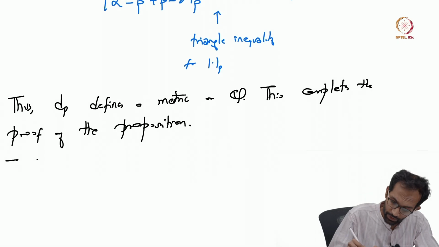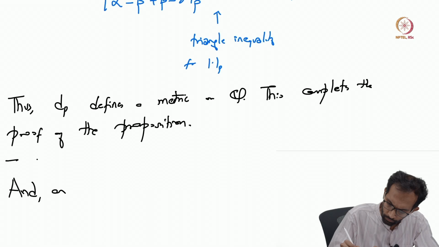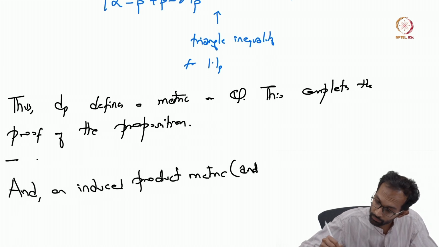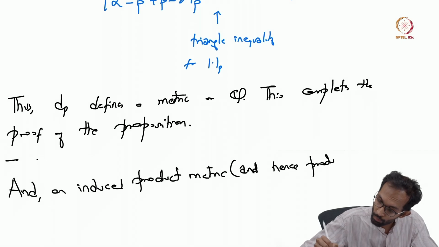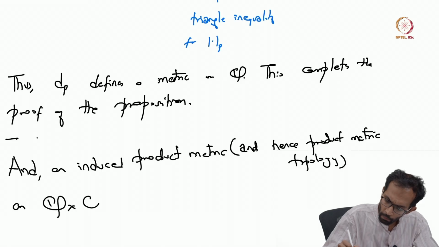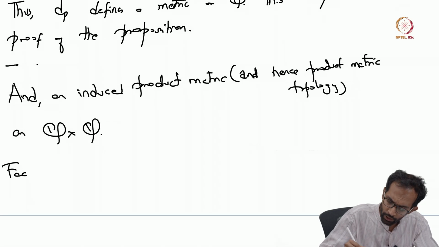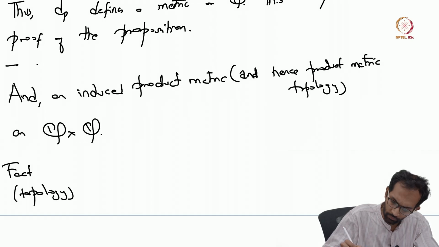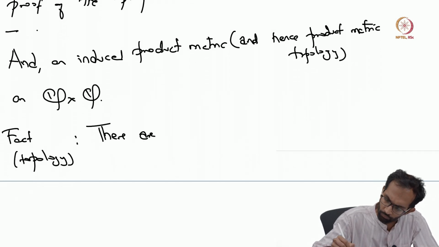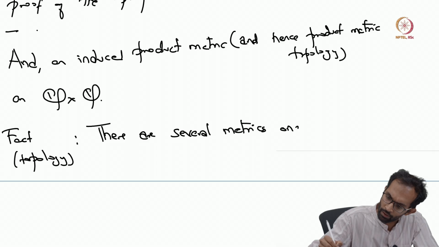And what's also true is that once you have a metric on Q, you have an induced product metric and a product, and hence a product metric topology, on finitely many copies of Q, so in particular Q cross Q. And again, just some facts from topology. So in fact, you can give many different metrics that one can impose